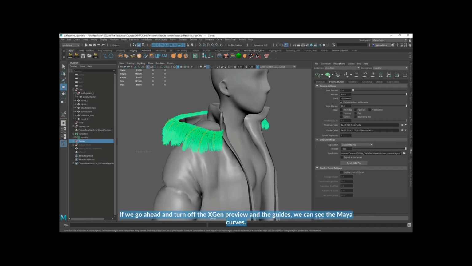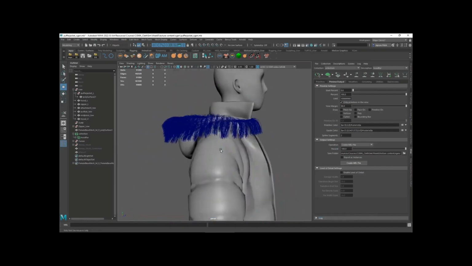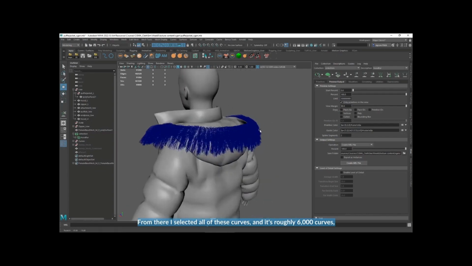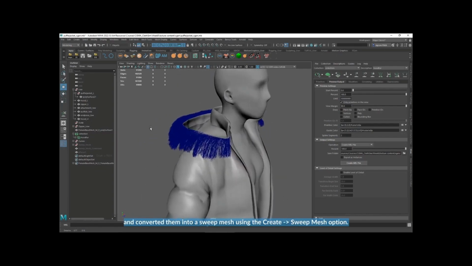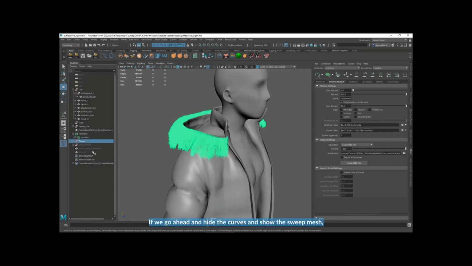If we go ahead and turn off the XGen preview and the guides, we can see the Maya curves. From there, I selected all of these curves, and it's roughly 6,000 curves, and converted them into a sweep mesh using the Create Sweep Mesh option. If we go ahead and hide the curves and show the sweep mesh,